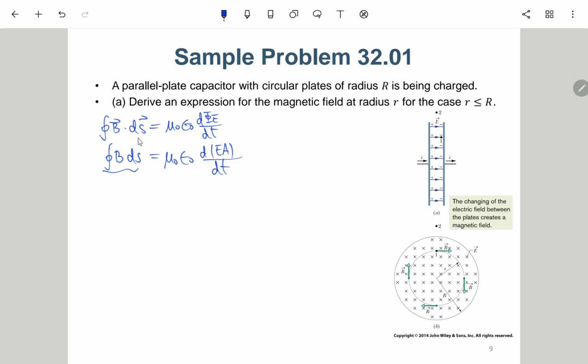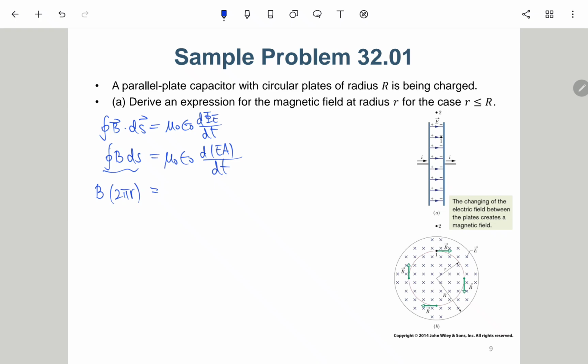Okay, so we go to here, and then for the next step we can put B outside, so it becomes an integration of ds for a circle. So it is nothing but 2 pi r. Okay, so this is what we have done previously for Ampere's law. This is also the same case for Maxwell's law here, because we assume all the situations are symmetrical.